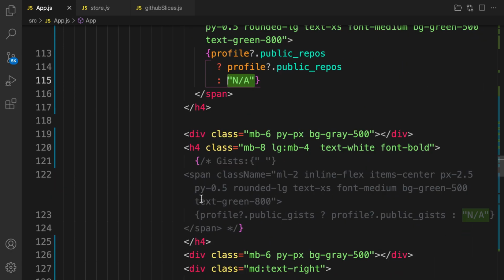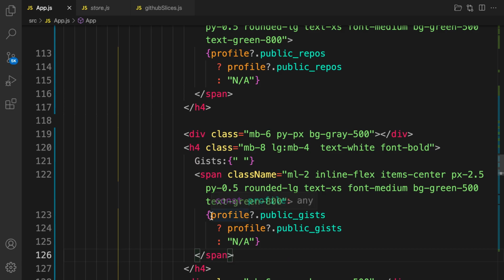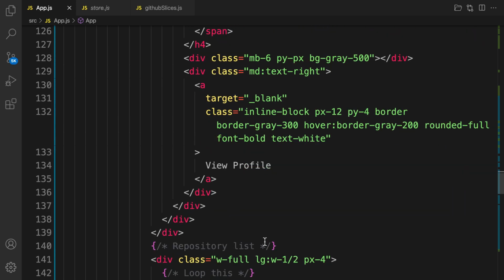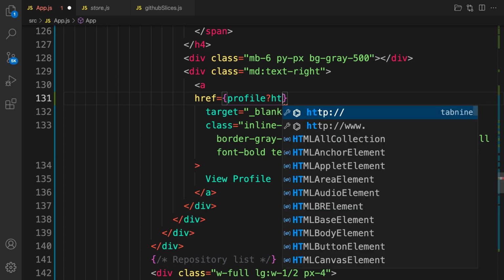And the same as for guest. So let's uncomment that. If the user has a guest, display that, otherwise display not available. For the profile, let's provide a link to the profile. When the user clicks on that, let's provide href here, and this href is going to point to the profile of what is called html.html